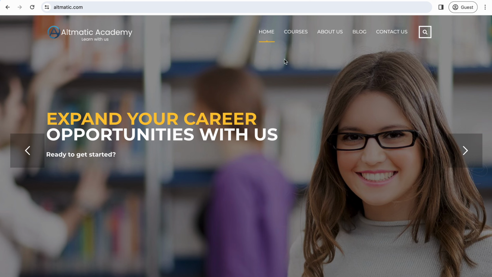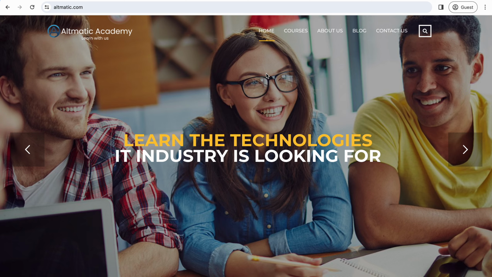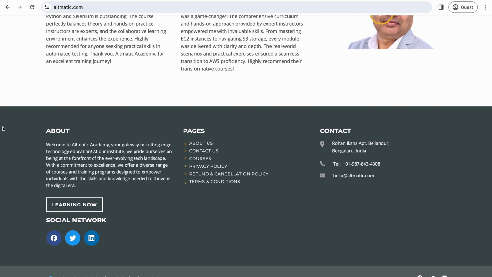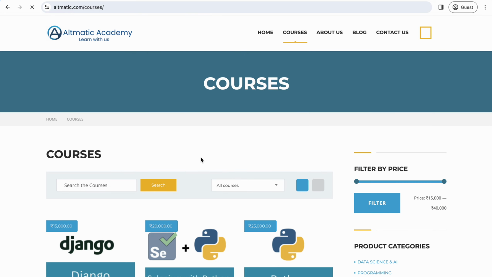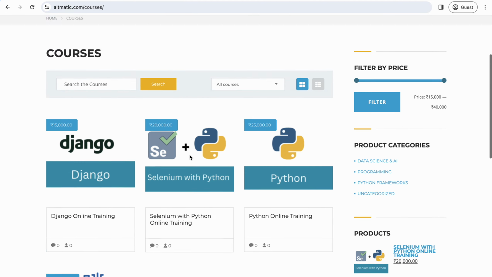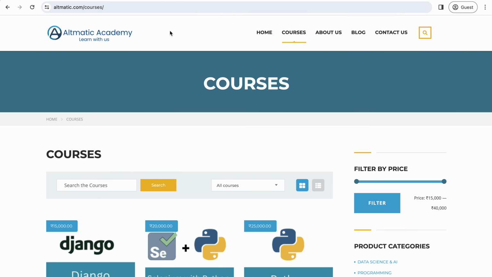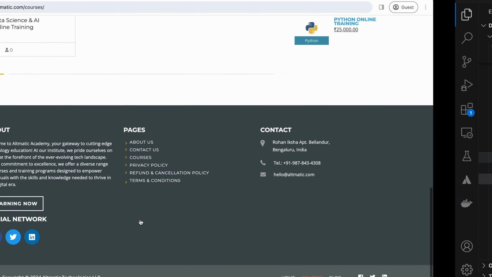Are you able to see my website? You see the top part is this one. It's a navbar. Then there is a footer, and suppose I am on courses, another page. The navbar is the same on top, and the footer is there. Only the center part is changing. So in Django, you can create a master base template, which will keep the top and bottom,